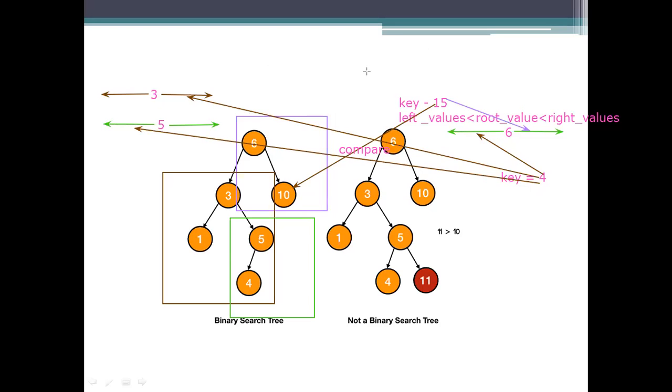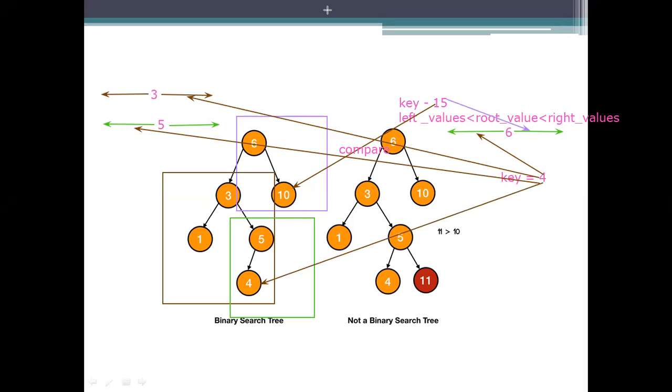Try to search for the element. We need to see if it is a terminal or not. If it is not a terminal, we will go for the temporary root node, and we will decide in which side we need to process. It is a leaf node. No such children, meaning the children we have here are null. So we need to stop the processing, and we need to compare this key with the leaf node we have.